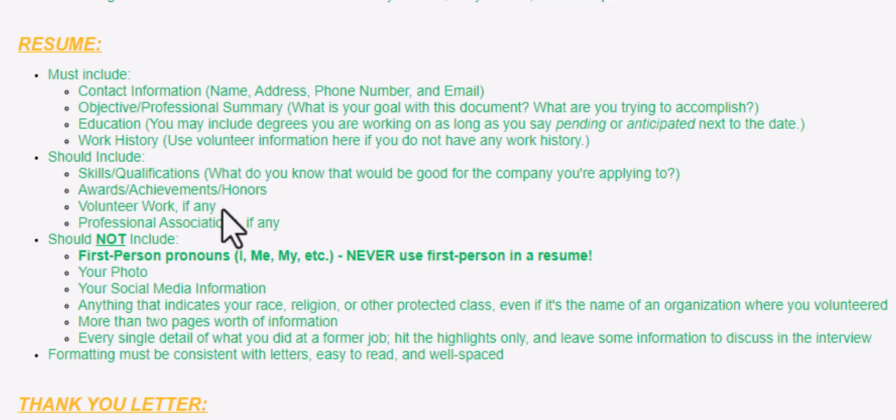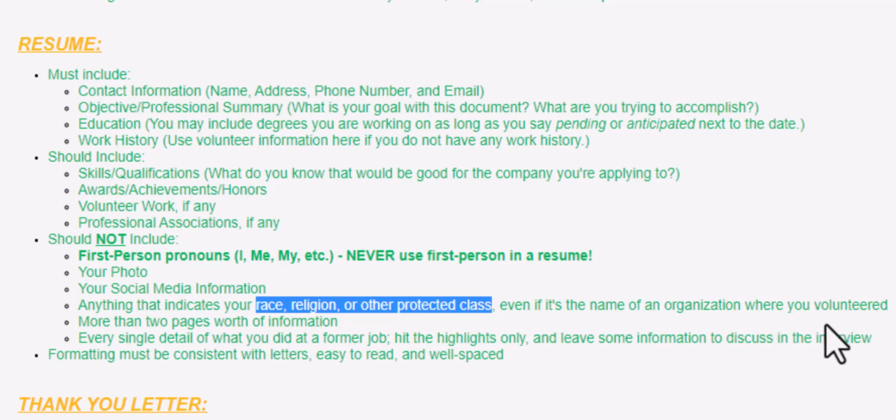Make sure you include that separately. If you're a member of any professional associations or clubs or anything like that, include those. However, this comes with a caveat. Do not include anything that references your race, religion, or any other protected class, even if it's the name of an organization where you have volunteered. Leave those off. You never know who's looking at your resume, and you do not want to